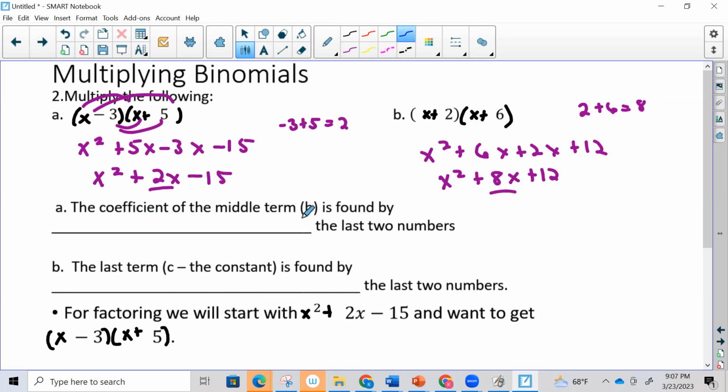So the coefficient for the middle term, and we call that b, is found by adding the last two numbers. And when I mean the last two numbers, in each set of parentheses, so the -3 and the 5. The last term, the c, so this -15 or this 12, is found by multiplying. So if I do -3 times 5, I get -15. If I do 2 times 6, I get 12. So the last term, c, the constant, is found by multiplying